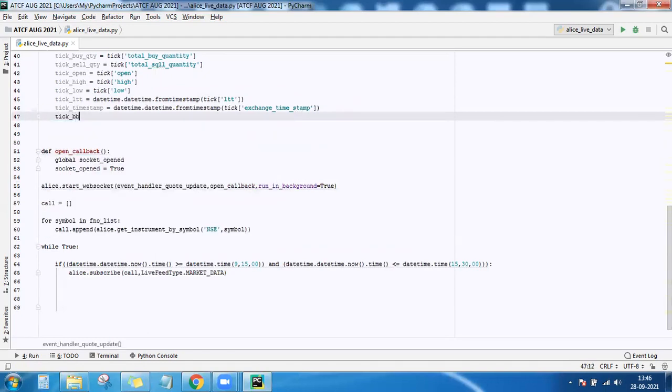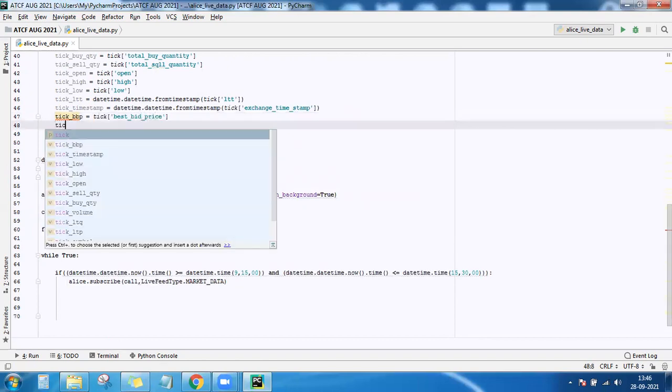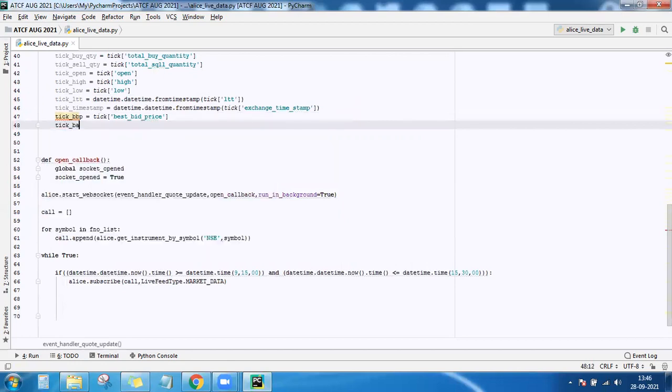Then best bidding price, and best asking price.